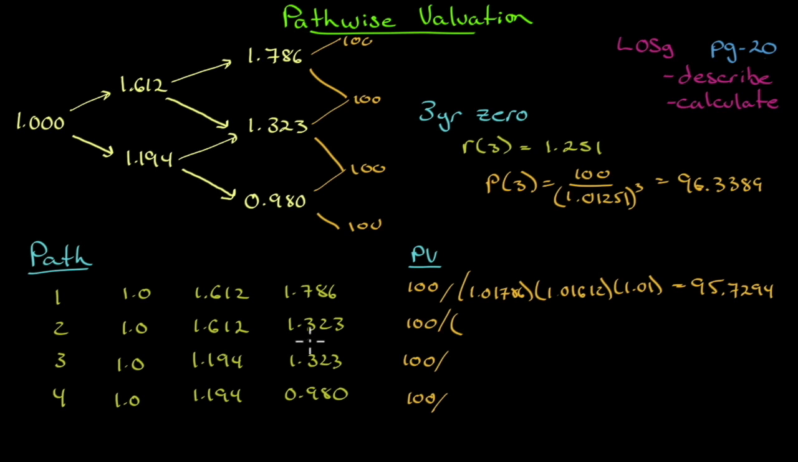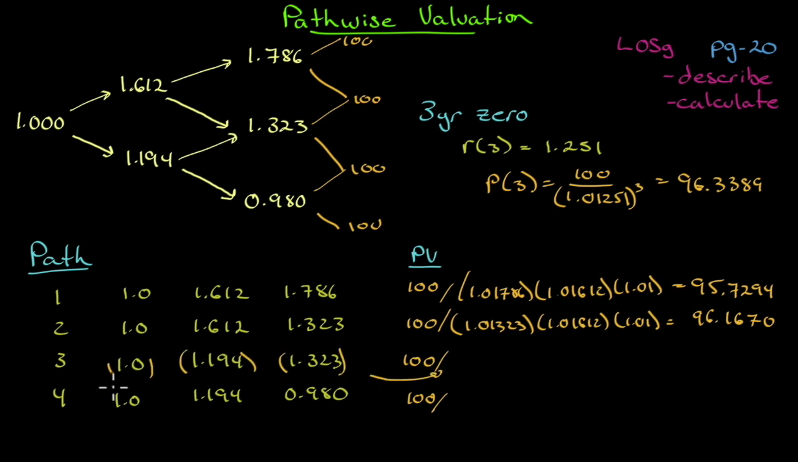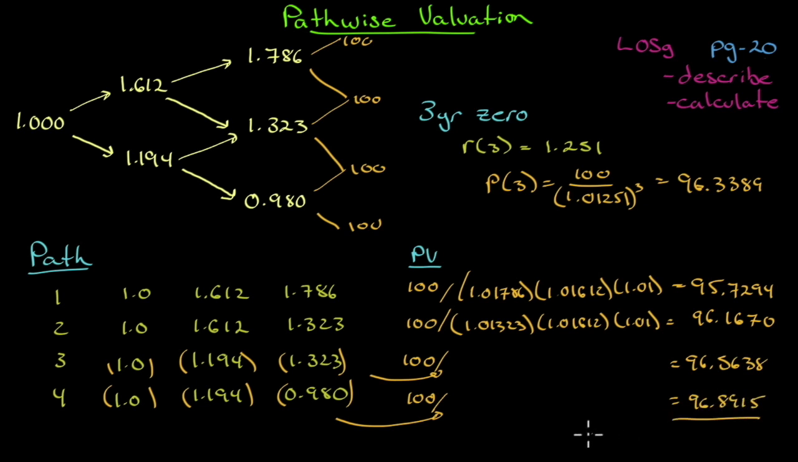95.7294. Here we'll do the same thing, 1.01323, 1.01612 and 1.01. That will give us 96.1670. And of course you could just imagine all of these in brackets multiplied by each other as the denominator in each of these cases. That's our denominator. So I'll just jump ahead right to the number. This will give us 96.5638. And here we will get 96.8915. If you take the sum and divide by 4, we will get